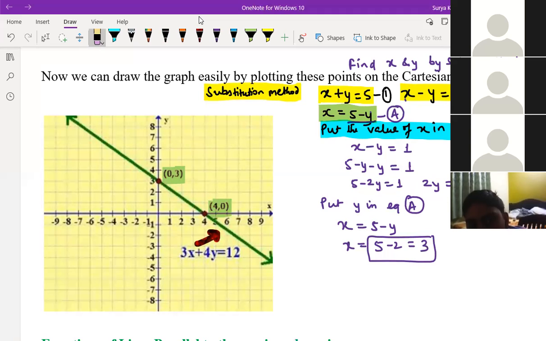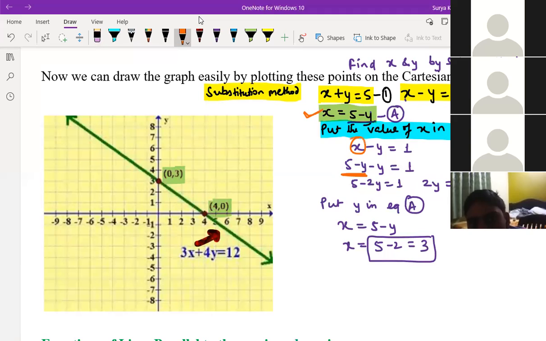Sir, after x is equal to 5 minus y you did, sir, I did not understand what is being kept in the second and first one, sir. And how did you get 5 minus y? See, what we did is this, you understood this, now this one. Yes, sir. Now this x is in the form of y. So instead of this x part in the second equation, we are putting 5 minus y. Now it's clear. Yes, sir.